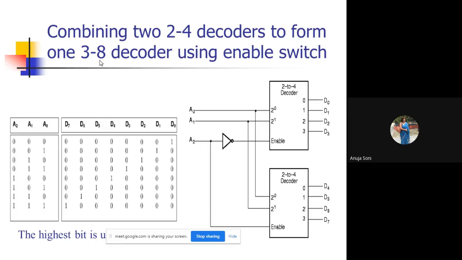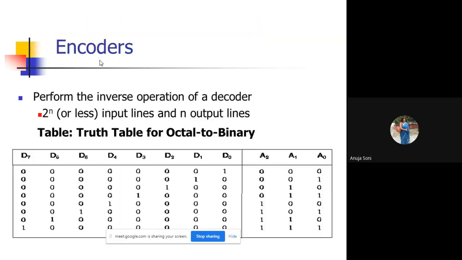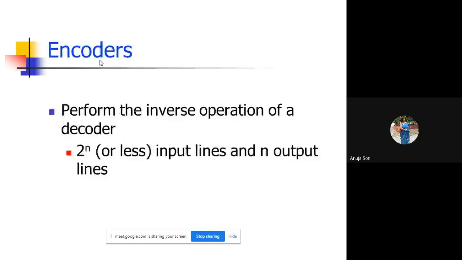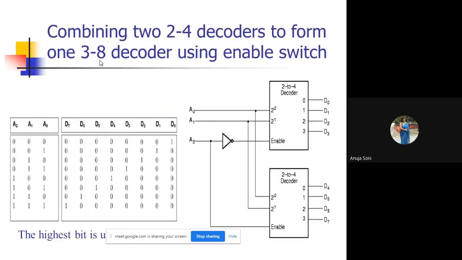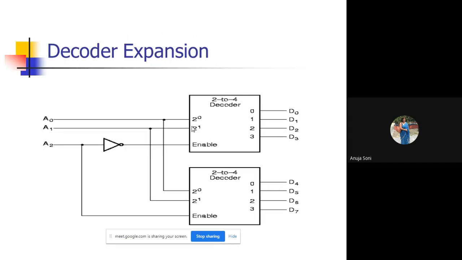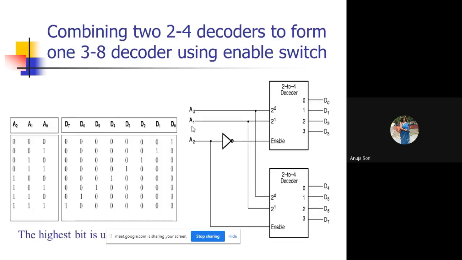Okay. Now we are going to talk about expansion, the expanded form of the decoder. That 3:8 decoder was constructed with the help of two available 2:4 size decoders, when we talk about it in terms of its truth table. Where is its truth table? Actually, the same truth table will work. No new truth table will be there, as the 3 input variables will be the same. We are saying that its most significant bit is made to work as an enable signal.